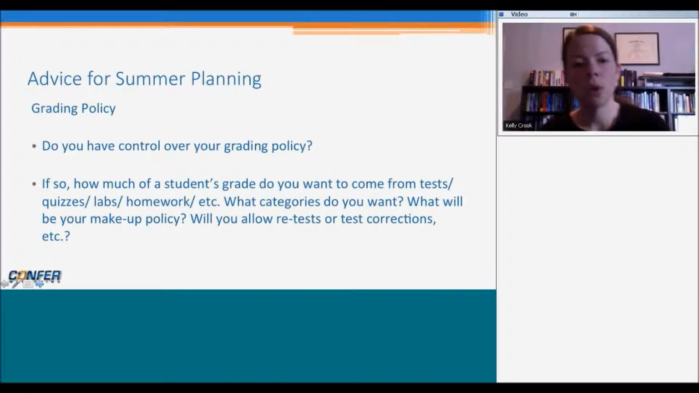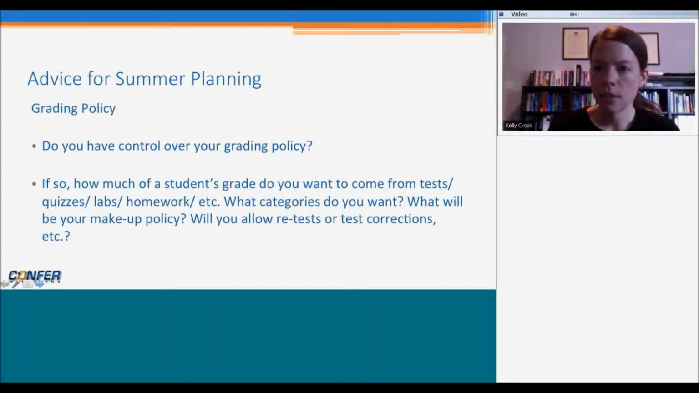Anyway, also, what will your makeup policy be? Will you allow retests or test corrections? These are all things you might want to think of ahead of time. Just while I'm on test corrections, I do think that test corrections can be really valuable. One of my favorite activities, actually, in class is giving students back their multiple choice portion of the exam with